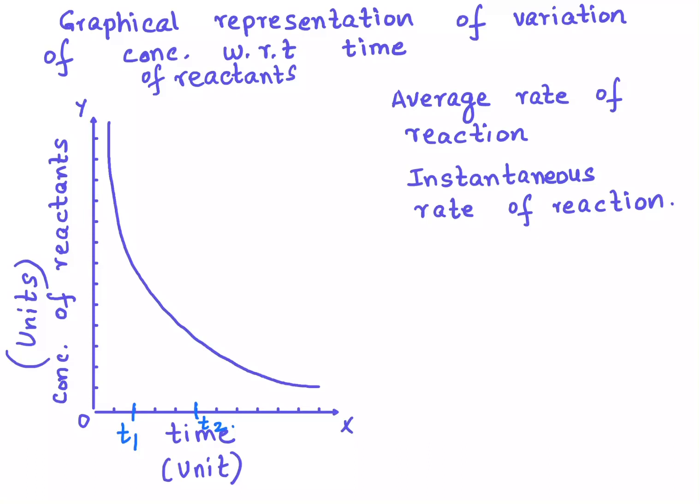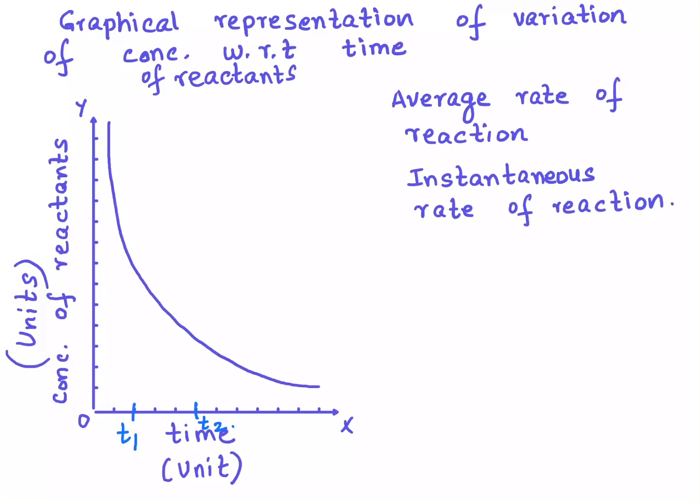You notice the graph, there's a steep curve over here. That means the reaction goes on at a very high speed when we begin with. Then it becomes uniform, and then it slows down. Just like your cycling, when you begin your cycling, you are beginning at a very high speed, you're full of energy. Then it becomes almost stable, and then you begin to slow down as you are nearing the destination. So we have got a graph showing how the concentration of the reactants varies with time.